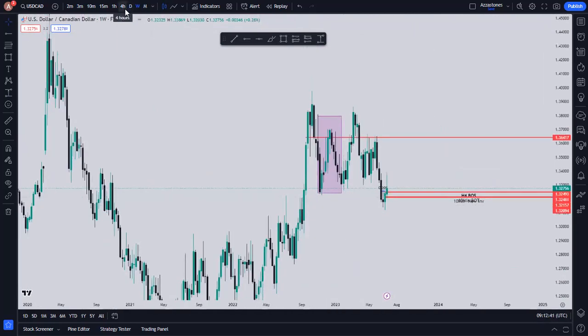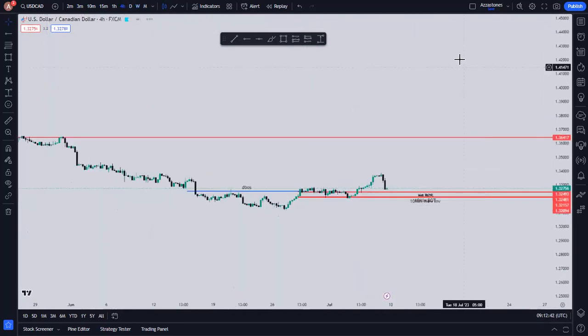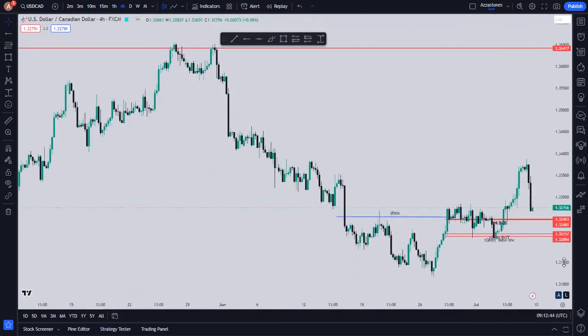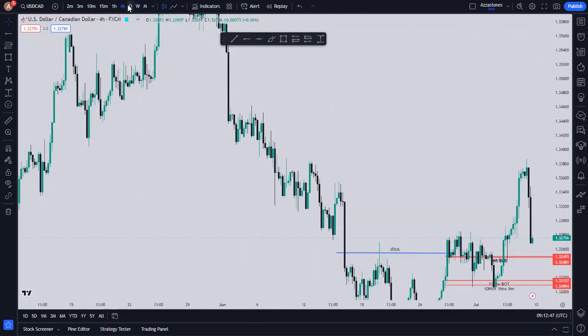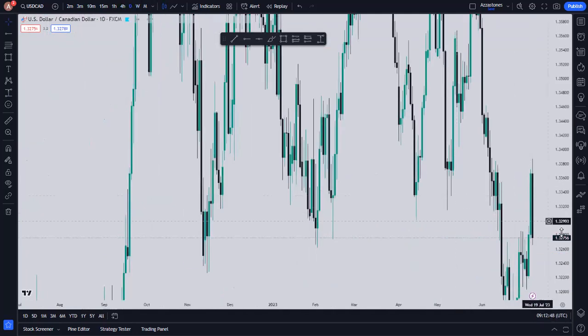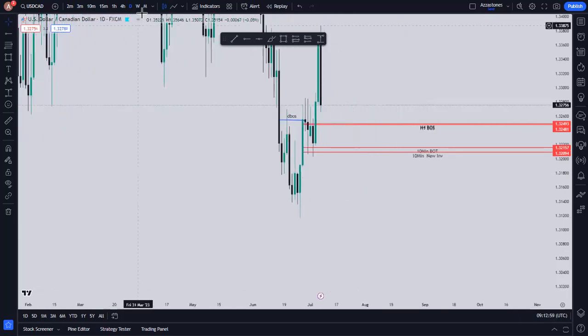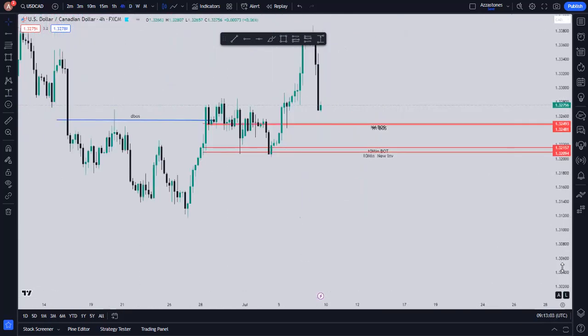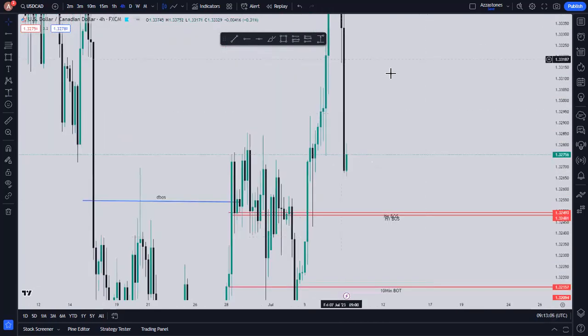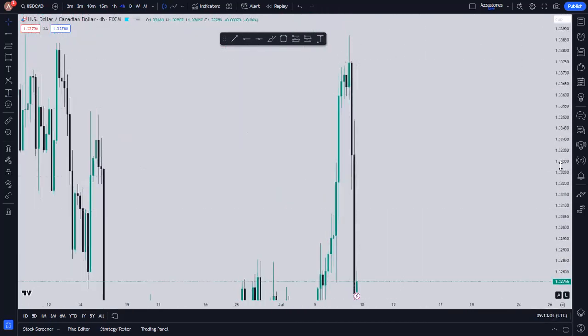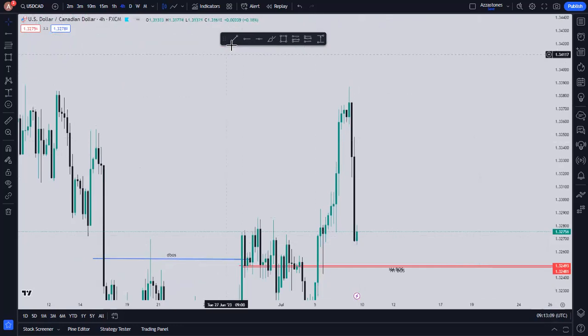That being said, if you come in for our time frame, you see that after this daily break around here, this is the daily break, we expect it to go to the upside to a certain point. How does that tell us? Because on our time frame here, you see that we have broken this structure, telling us that we are going to proceed to the upside. So we want to take this advantage to continue to the upside.